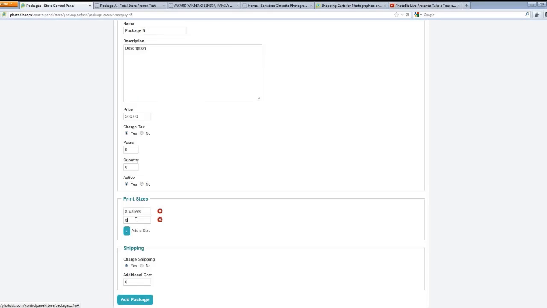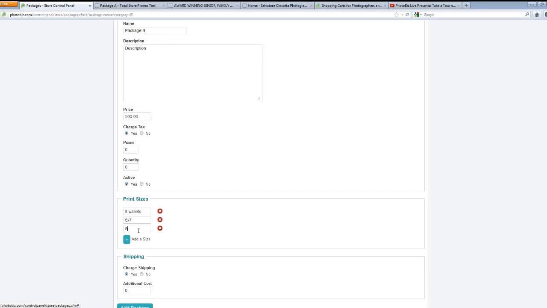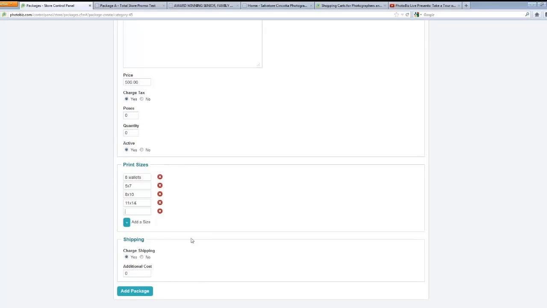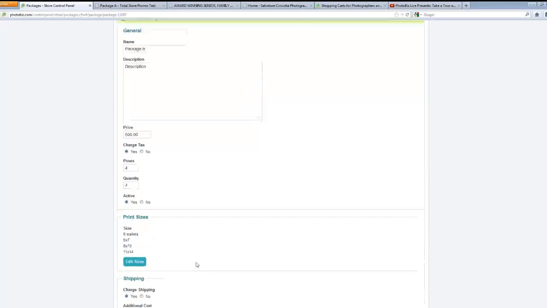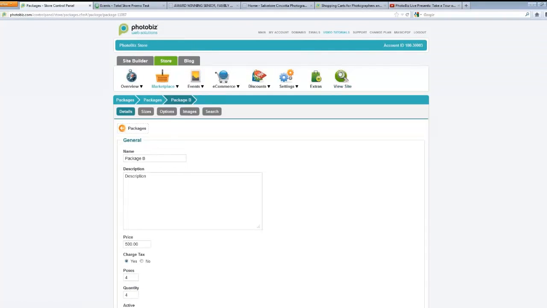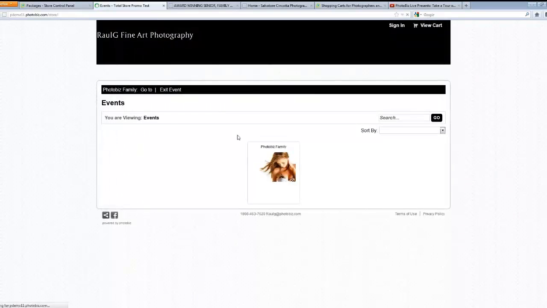And we're going to add a 5x7. And we're going to add an 8x10. And an 11x14. So poses, let's say it's going to be 4 and quantity 4. So if you click add package, if we go into the package itself,